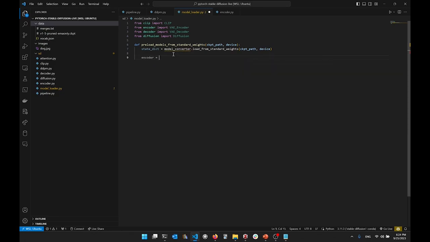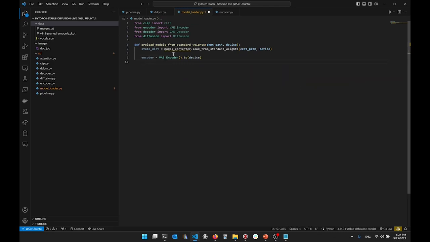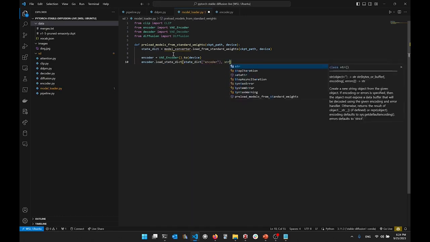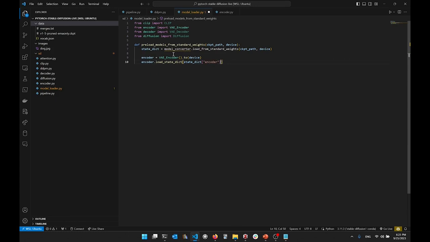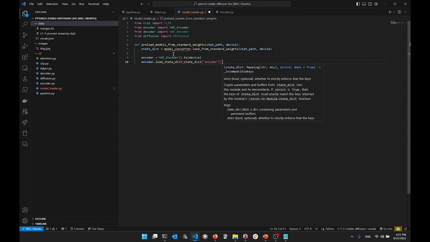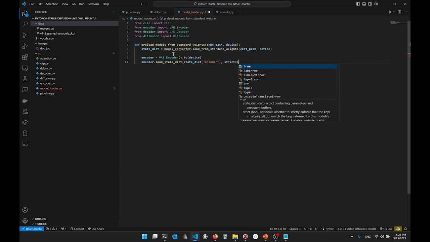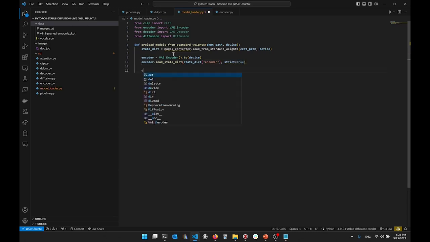Then we create our encoder, and we load the state dict. Load state dict from our state dict, and we also set strict to true. Then we have the decoder,